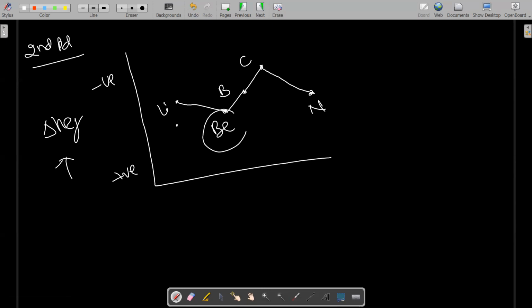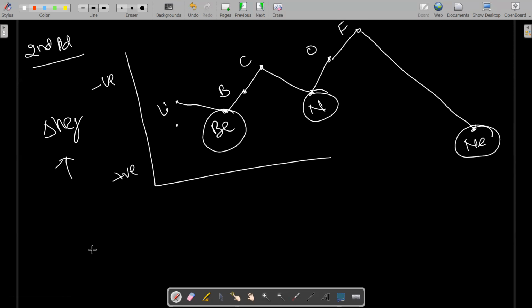So wherever the graph is coming on the downward side, that is positive or 0. Then oxygen, then the halogen fluorine, and then neon. Neon becomes highly positive because of the stable configuration. So this graph is coming. Beryllium has a positive value, nitrogen has approximately 0 or a less positive value, and neon has a highly positive value because of fulfilled, half-filled, and stable noble gas configurations. So this is the graph for the second period.